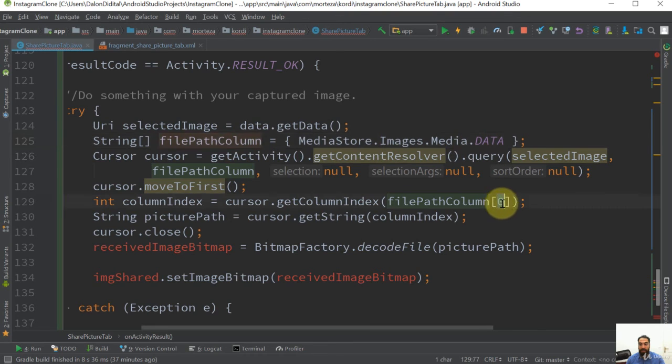So that's why we pass index 0 in order to access this value, and we pass it as an argument to this get column index method. In this way, we have the column index. Next, we have another variable that is called picture path, assignment operator. Next, we're going to go ahead and call the